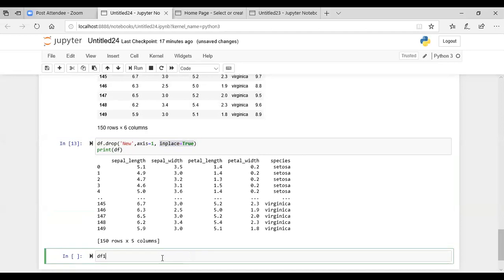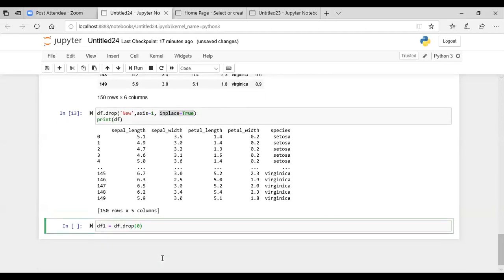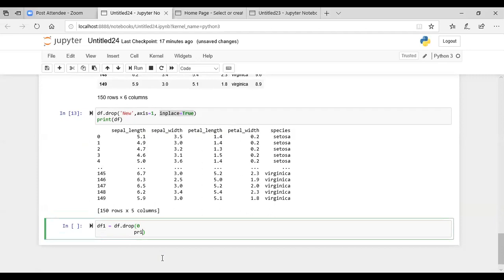Now let's say I want to drop a specific row. I can do that: df1 is equal to df.drop. I want to drop only a single row, let's say 0. And then I'll print this df1.